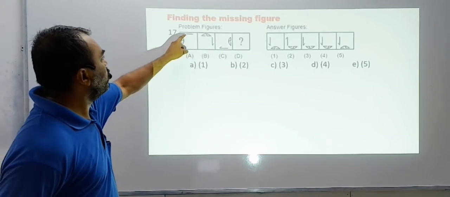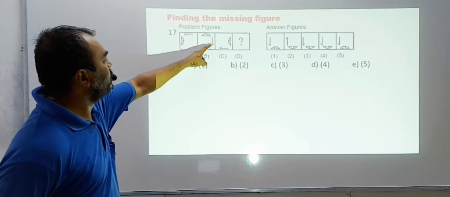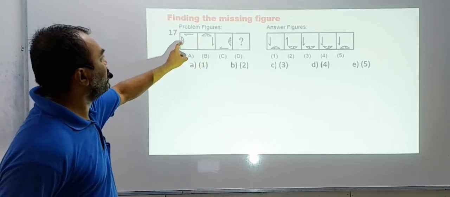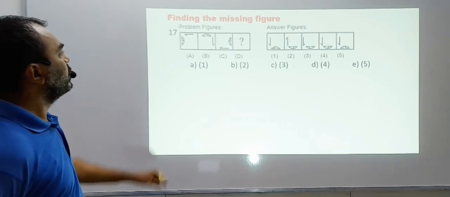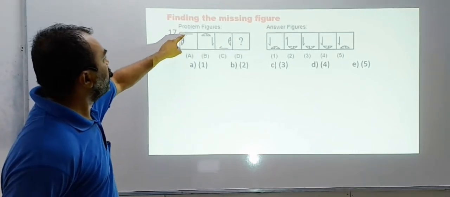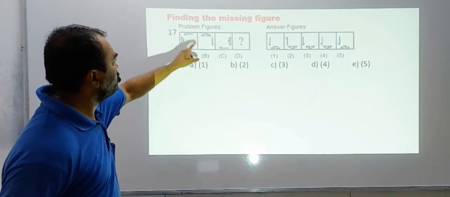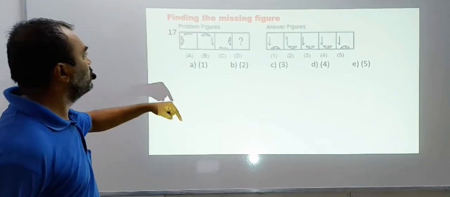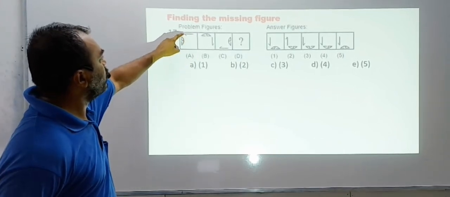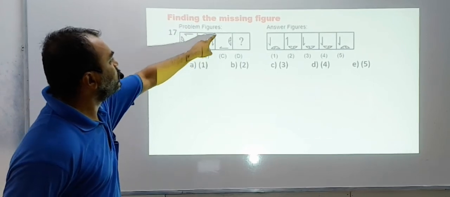This half arrow has moved clockwise 90 degrees. So the arrow has come here. And this figure has moved 90 degrees and reached the top. Okay, that is observed. But here you can see the arrow was pointing this side. Now the arrow is pointing down. So if you move 90 it should point to the top, but it has gone down. Secondly, the arrow part was away from the flat line, towards the side. Here the arrow is towards the side.